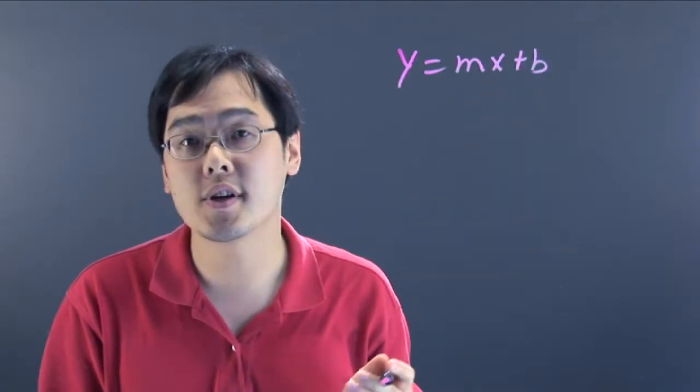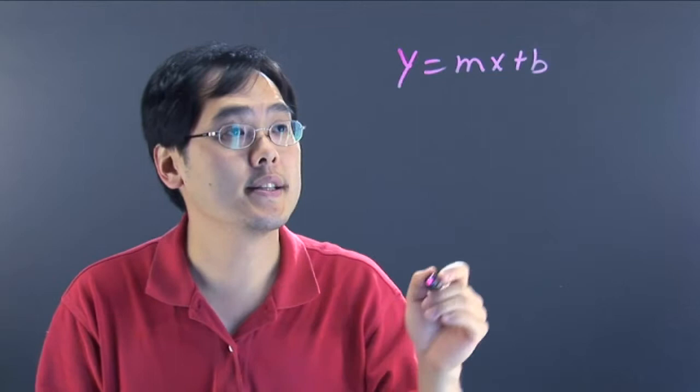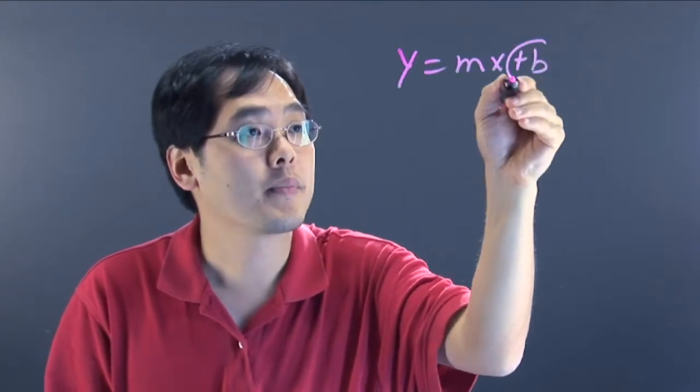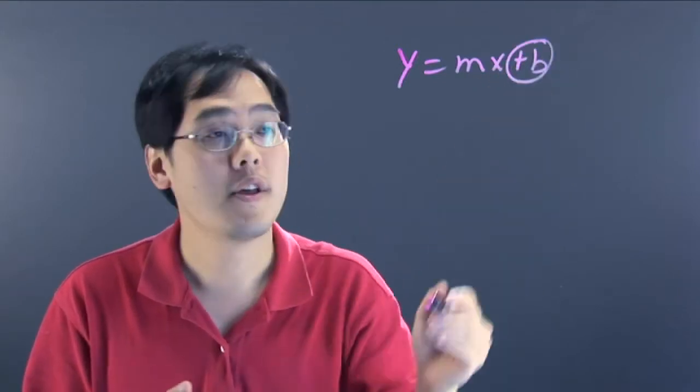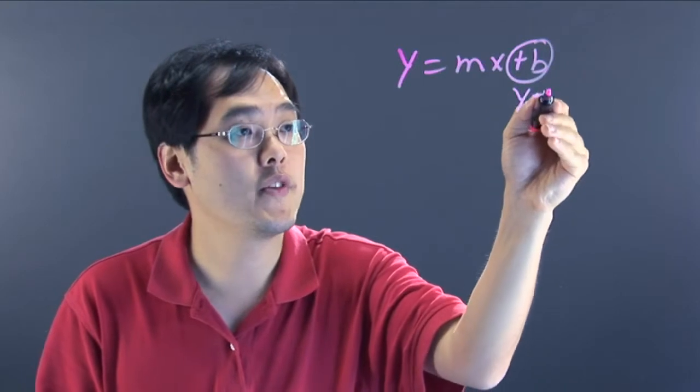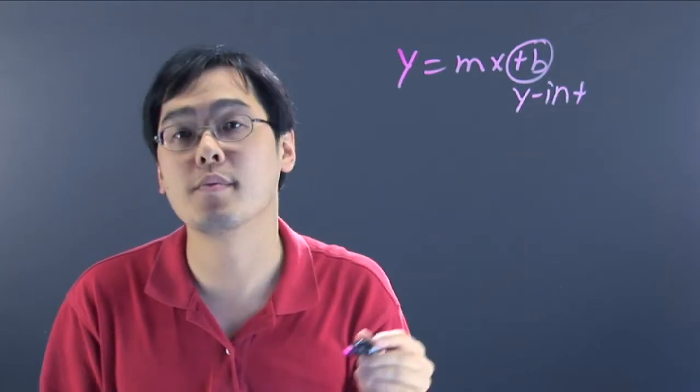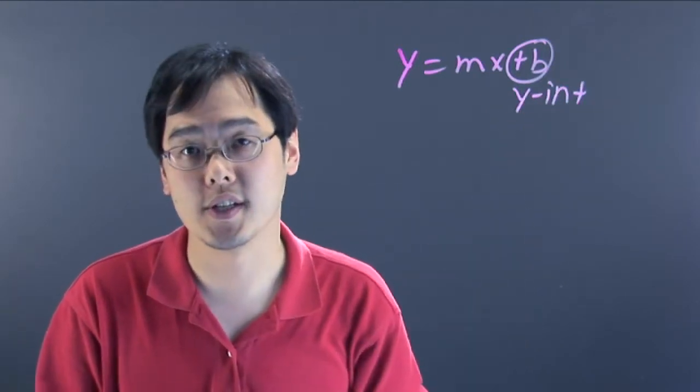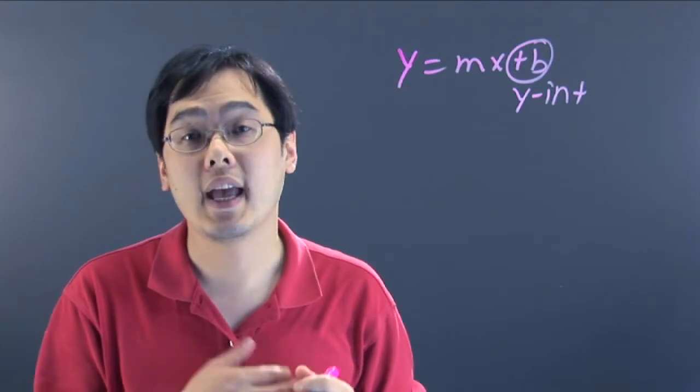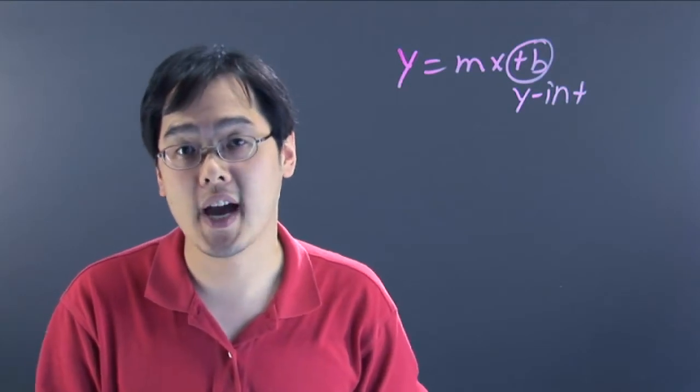Now, this is the slope-intercept form of the equation, and the b is known for the y-intercept. So if you have an equation in this particular form, finding the y-intercept is going to be pretty easy to do. But if you have any other function that you know it's not going to be a line,